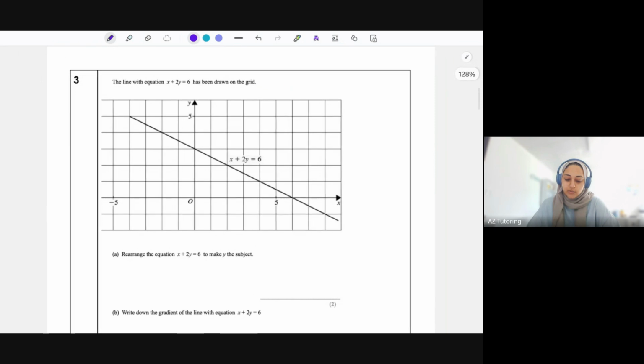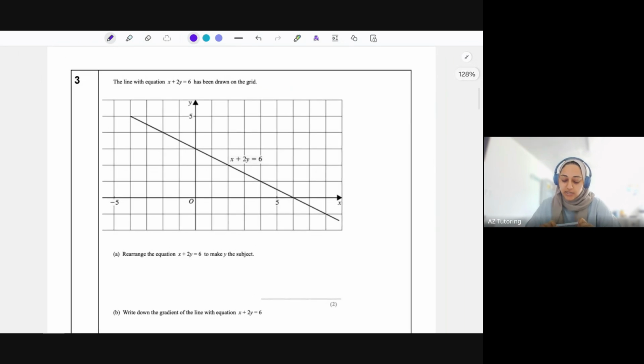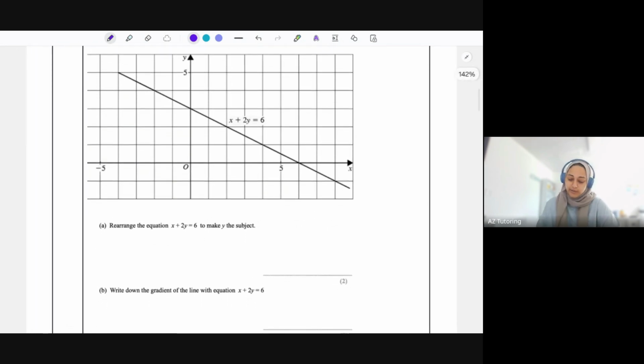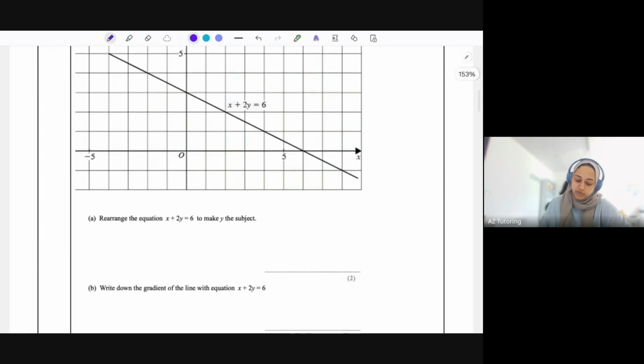Question 3, it says a line with equation x plus 2y equals 6 has been drawn on the grid. I can see it's a straight line graph. So again, it's a y equals mx plus c graph. They've just not rearranged it properly. Well, part A says rearrange the equation to make y the subject. So they're prompting you to do that. So let's make y the subject. Even if they didn't ask, I would recommend making y the subject and getting it in the form